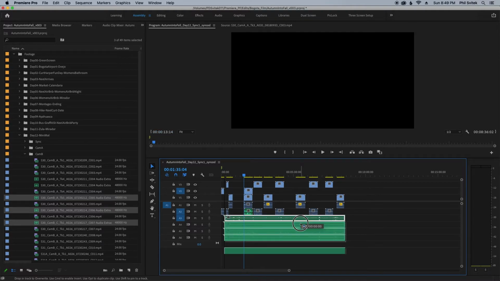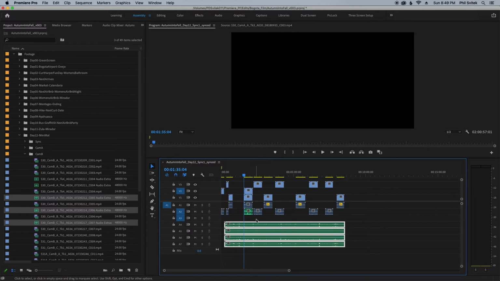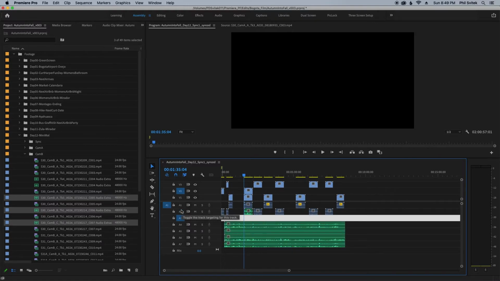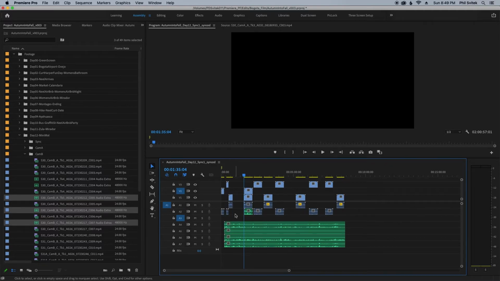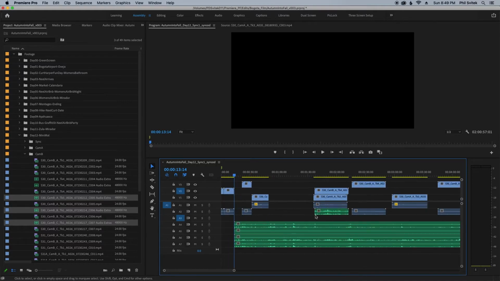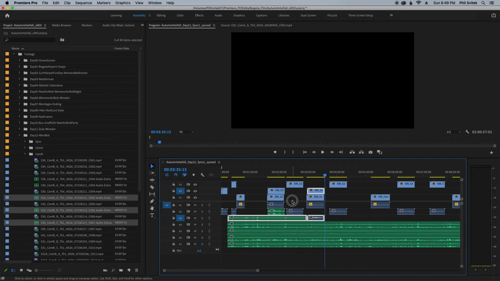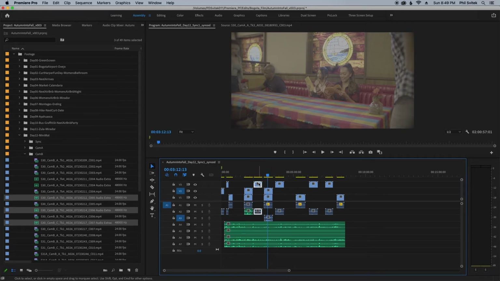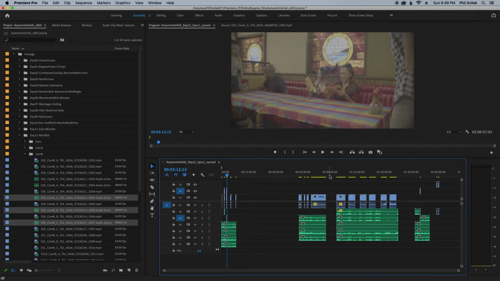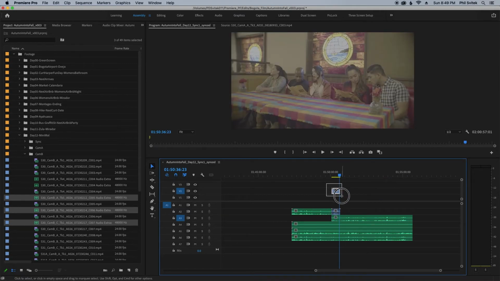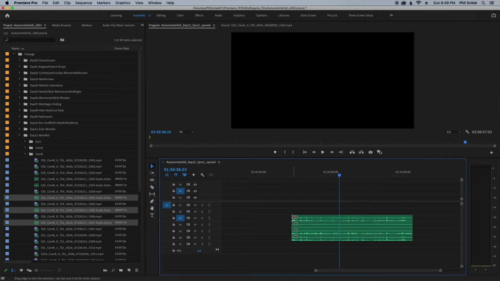Here, what I'm going to do is move these down one more just so I have a clear space here. The reason for that is if I try to paste in as is, it would overwrite the audio here. So I'm going to line it up here. Boom, it pasted it there. So that one's good to go, and now those are matched up. And just for the sake of it, I'm going to get rid of the ones on video track 3, because those I already have over there, and I can see which ones need to be finished out. So we'll return here, get rid of this, push that back,